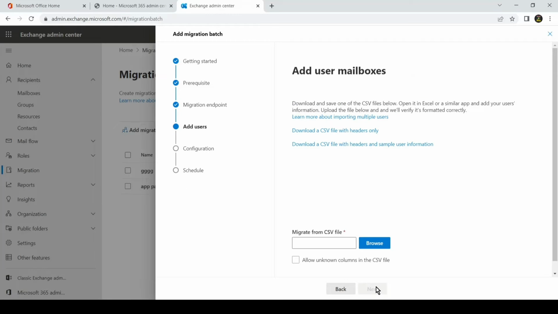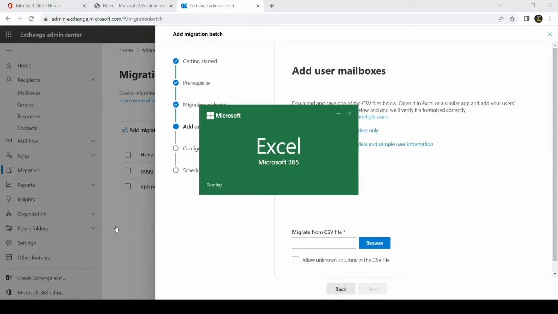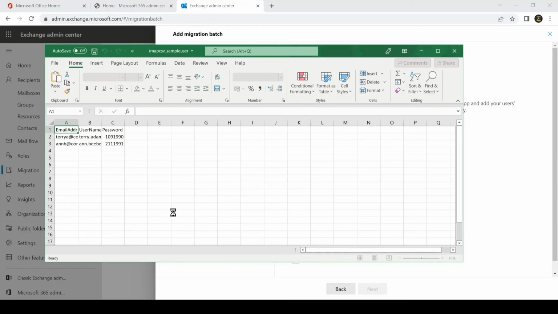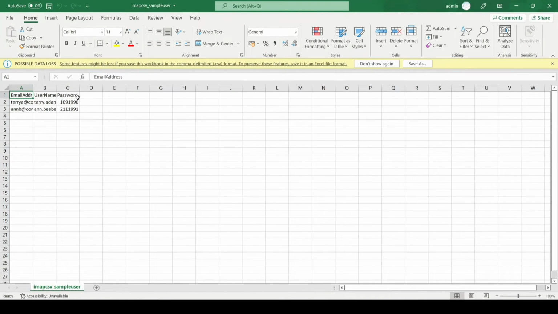We'll hit next, and this is where it asks us for the CSV file for the migration. You can simply download a CSV file with the header only, or if you want, you can download the CSV file with some examples in it for better understanding. So if you open this CSV file, you will see how exactly it wants us to create and fill the columns. So if I expand this here,